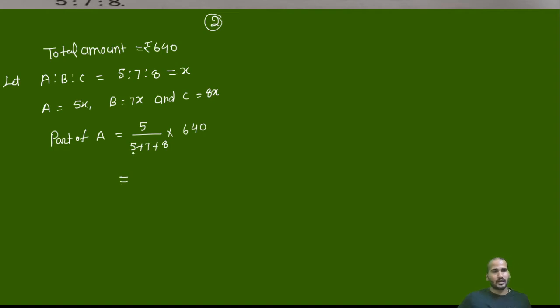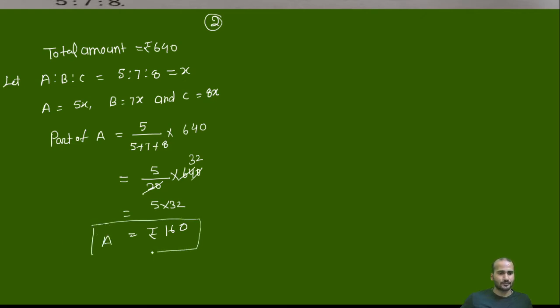So this will be 5 upon 20, into 640. So the 0s cancel, 2 1s are 2, 2 3s are 6, 2 2s are 4. So 5 into 32. So 5 2s are 10 and 5 plus 15 is 16. So A will get